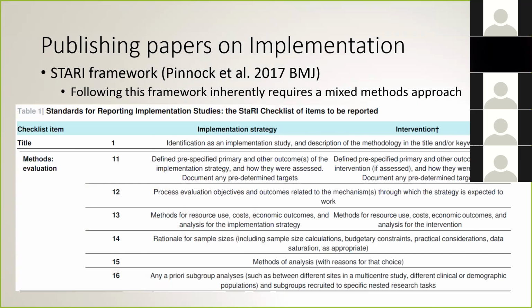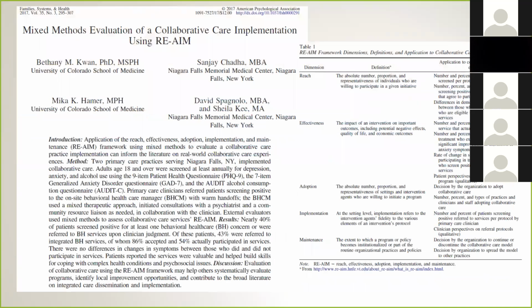Okay, so here's an example of a mixed methods publication. This is published in a journal called Family Systems and Health, and this is a journal from the American Psychological Association, the APA. Different types of APAs, I know, this one's psychology. And this paper is on an evaluation that Micah over there and I did of a collaborative care implementation in Niagara Falls. So collaborative care is the integration of behavioral health specialists into primary care teams where the primary care